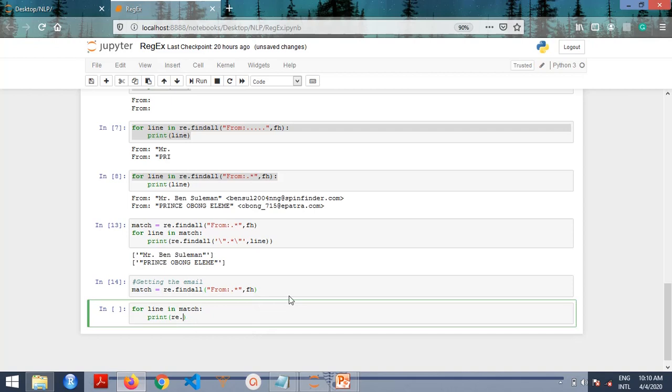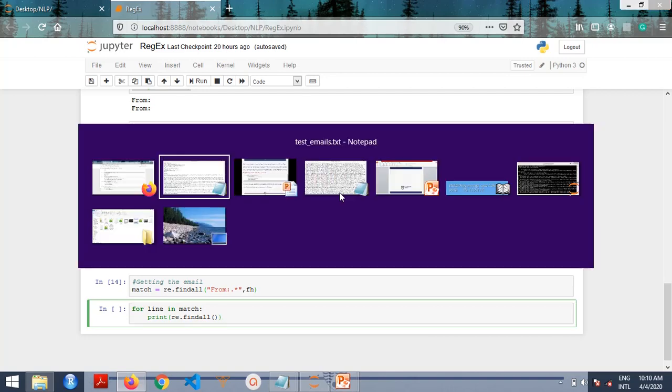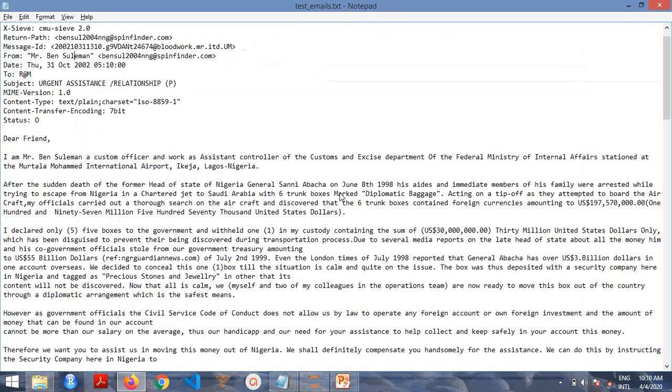So like I told you, the find all function simply iterates through your corpus and extracts the patterns you're looking for and prints it as a list like we just saw. So simply say re.findall. So we are going to take it step by step to identify the pattern. So this is the email. I hope it's bold enough. Should I go to our corpus and see? Okay, this is the email here that we want. So how do you identify this pattern? Okay,